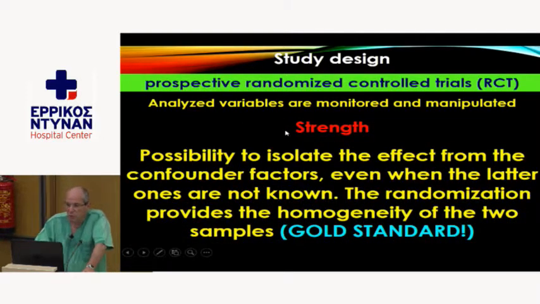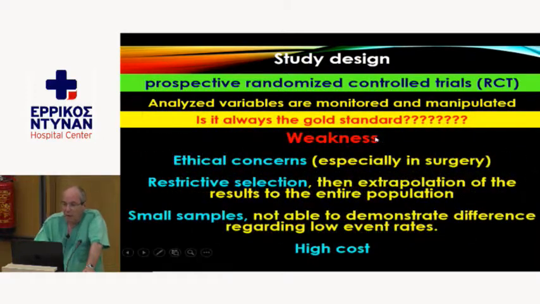The strength of the controlled randomized trial is the possibility to isolate the effect from the confounder factors, even when the latter ones are not known. The randomization provides the homogeneity of the two samples. It can be the gold standard for any kind of evaluation. But the weaknesses, first of all, are